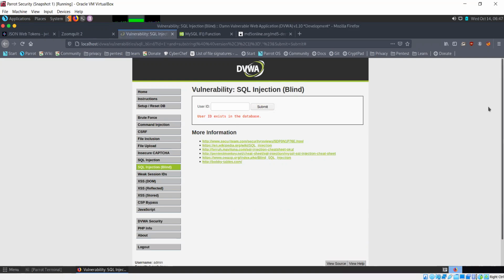You continue doing this until you figure out the exact version. So blind SQL injection is more time consuming, it's more difficult.